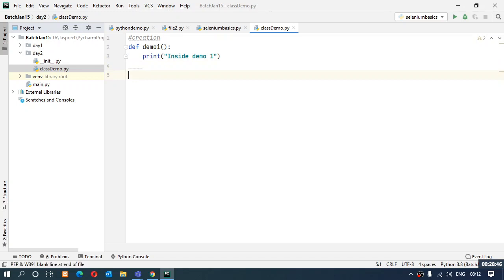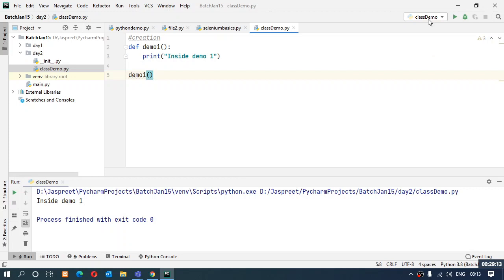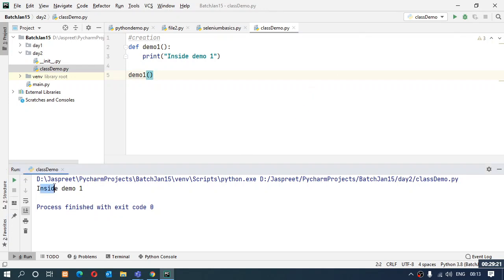Now I have to use this function somewhere, so I need to call this function. Calling the function is easy. Just the name of your function needs to be taken, followed by a pair of parentheses. The closing bracket is automatically going to come. You don't have to put it in exceptionally. Now if I run this particular file, a different configuration will be made for class demo, that is this file that I've just made. And here is my output coming for the function that I have made.